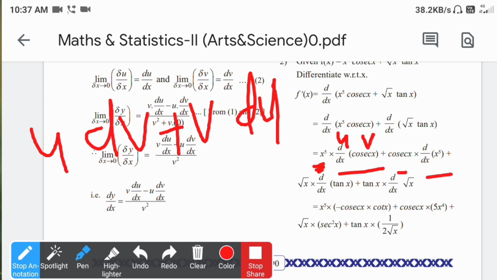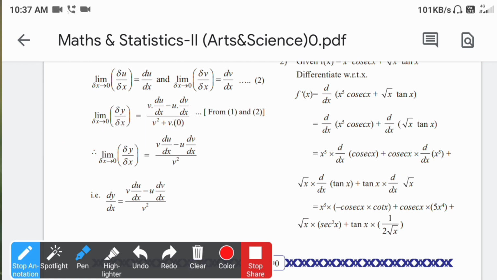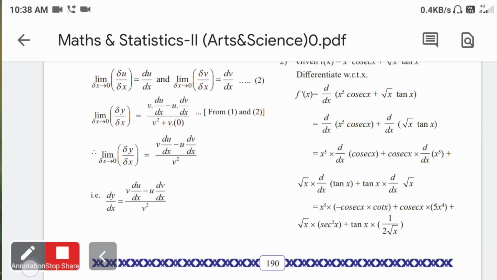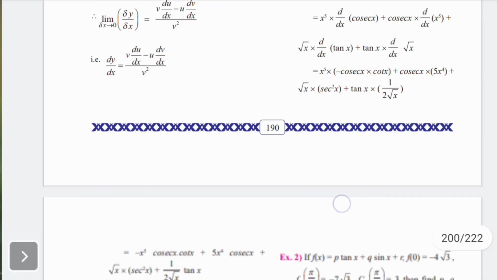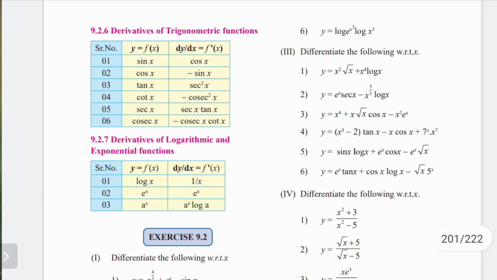derivative of the first function. Similarly here also we can say u, the first function, into derivative of the second function, plus second function into derivative of the first function. So up to here it is quite okay. So now we can remember those formulas and directly find out the derivative of each function. For all of these, we get the formulas directly, given for trigonometric functions or some other functions.